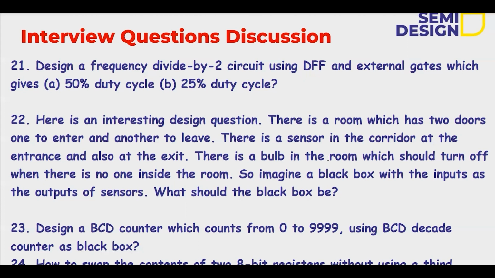Ma'am, can we use a multiplexer? So suppose we take the first input as the entrance and the second input as the exit, ma'am, and we take the select lines as